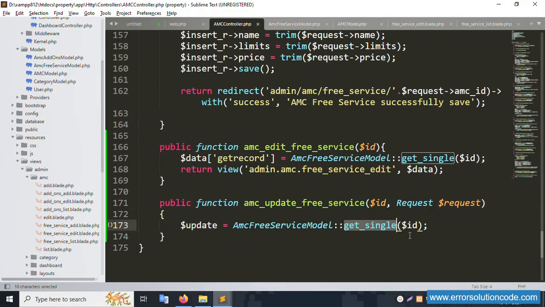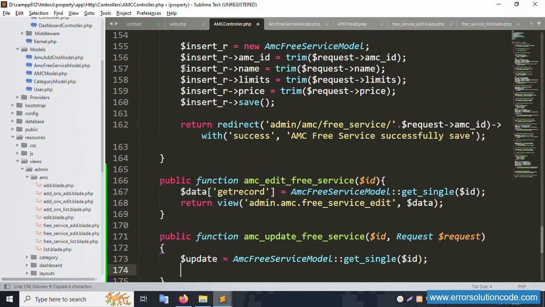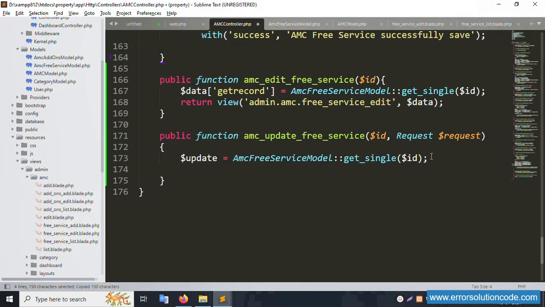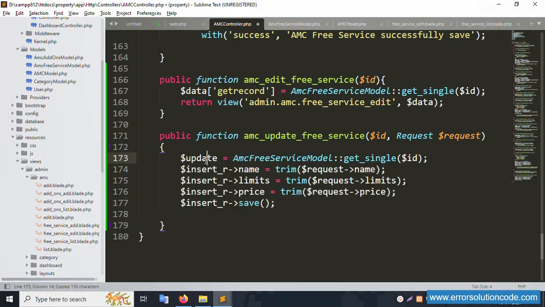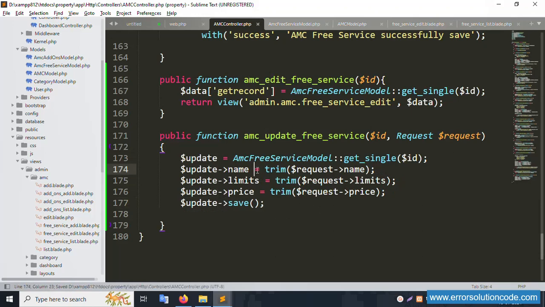Create, copy, same is a successfully, this same is a copy, and paste only this id name is set. Update record successfully set all this number, name, limit, and price. Last is a return,